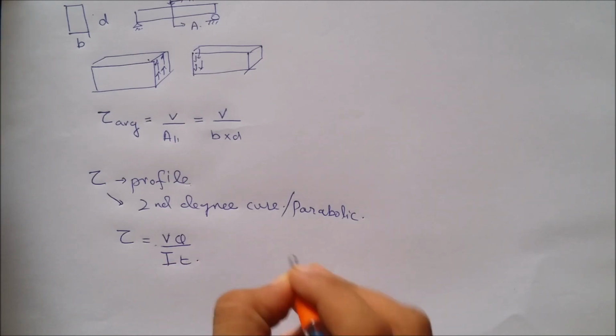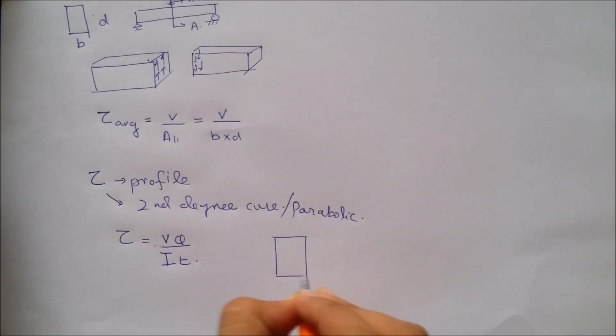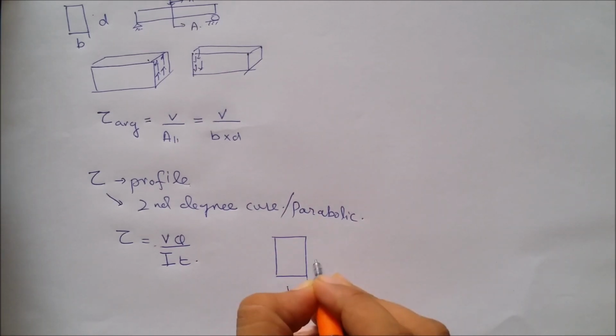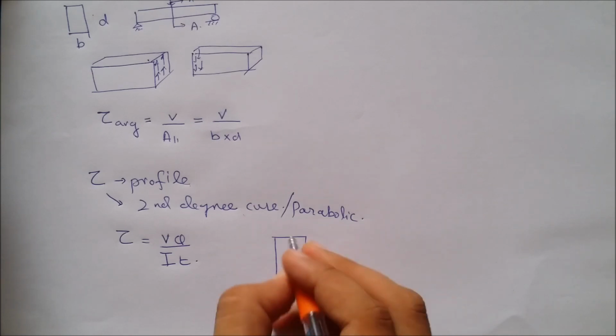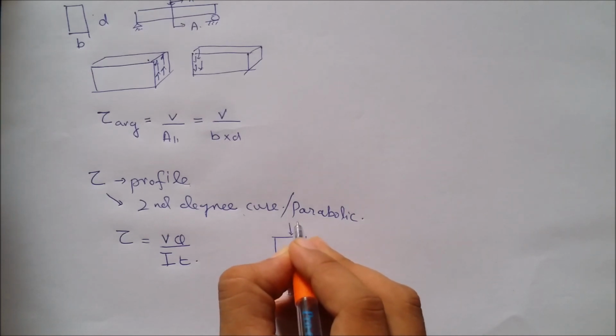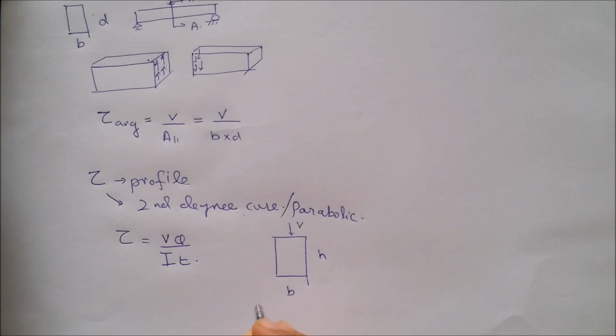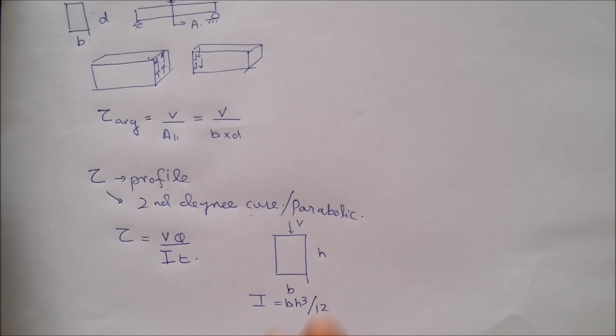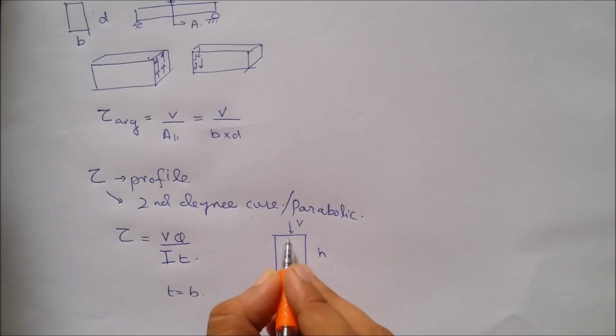For example, let's consider this was my cross section. B was the base width and H is the height, and the force was acting. So I would be BH cubed divided by 12. Similarly, T is variable for a cross section, but since it is just a rectangular cross section, the thickness T is constant. That is, T equals the width of the cross section. T is basically the thickness of the cross section here,